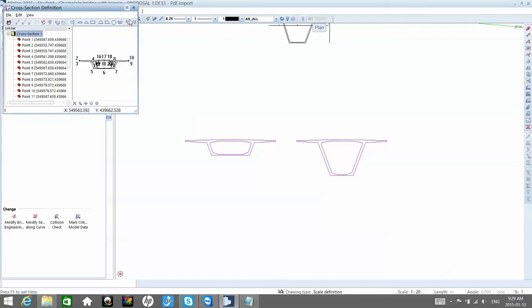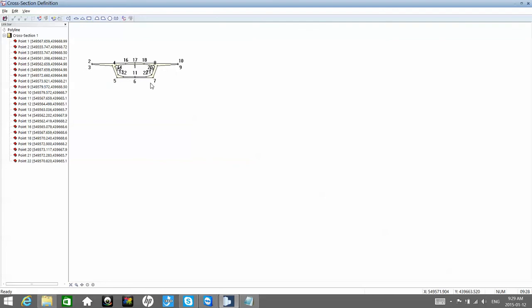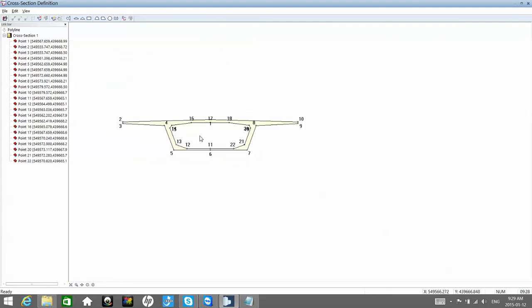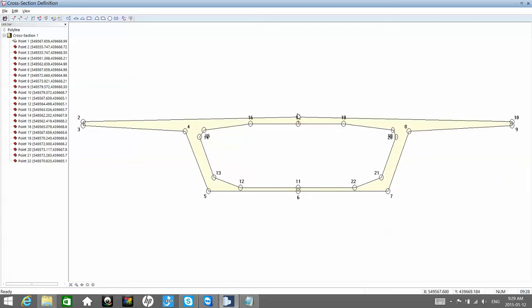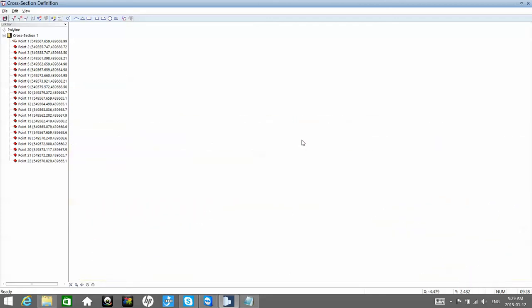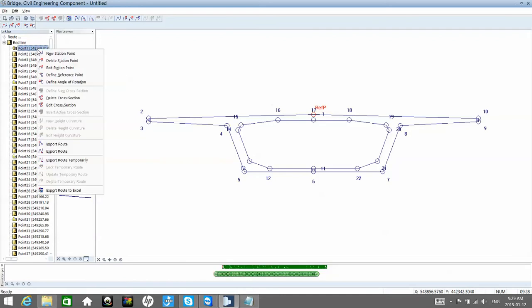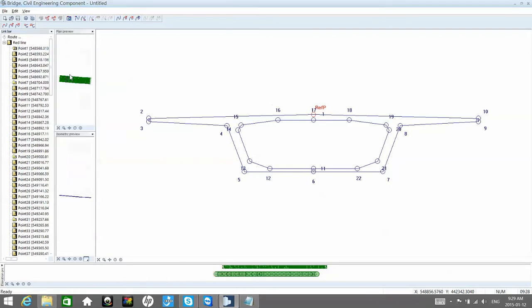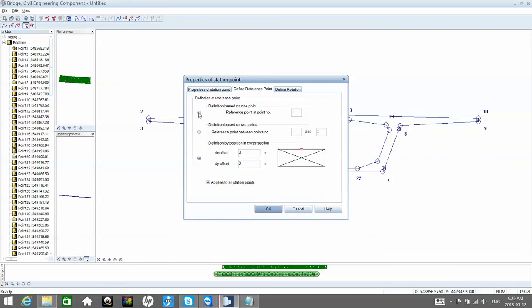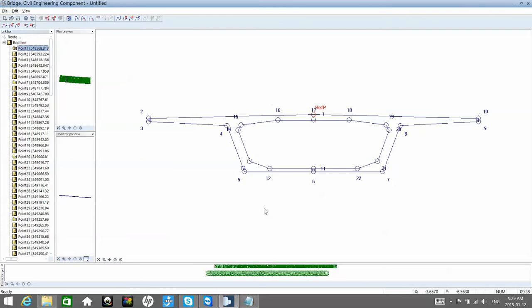So this is the first cross section. This is the numbering points, and now what we'll set is by which point it should be snapped to the red line. So it will use point 1, and to make sure, I'll go here, right click, and say define reference point, and it will be point 1. So this way we know that the red line is centered to the top of the cross section, and then we should move through this isometric view,